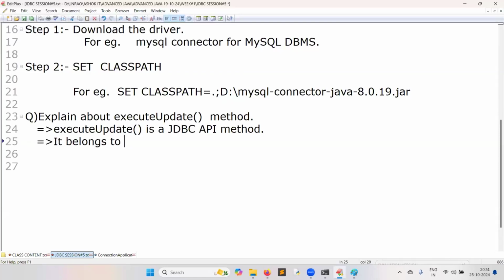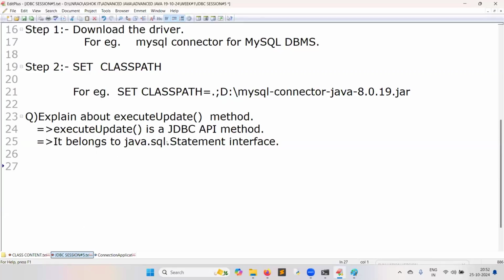It belongs to the java.sql.Statement interface. Statement is not a class, it is an interface. If you already know about interfaces in core Java, okay. If you don't know, you will learn, but don't ask me what an interface is because it is not a core Java class. That's all, over.